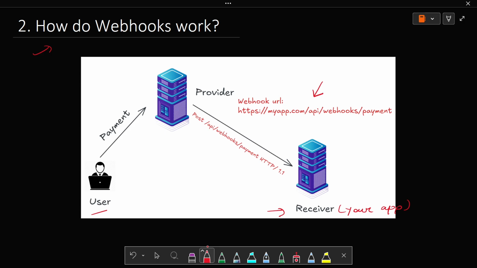For example, you have Stripe, GitHub, and Twilio. So the receiver registers a webhook URL with the provider, for example Stripe, GitHub and Twilio. When an event occurs, what is an event? For example, a user is making a payment. This is an event. The event has occurred. Now the provider, this is the provider,